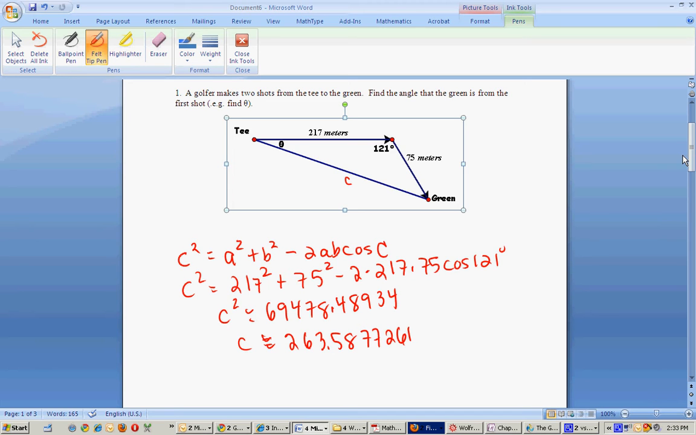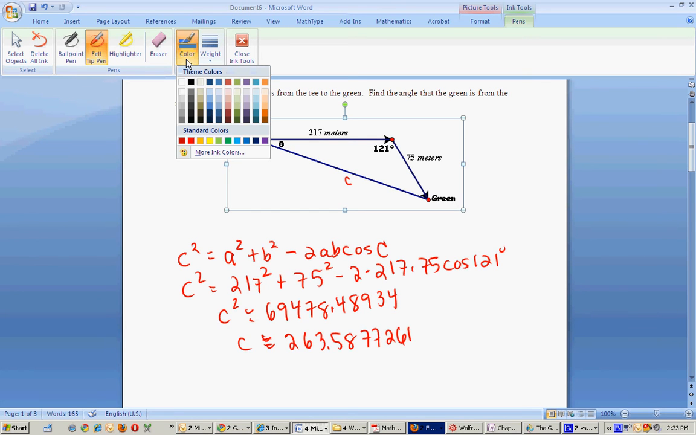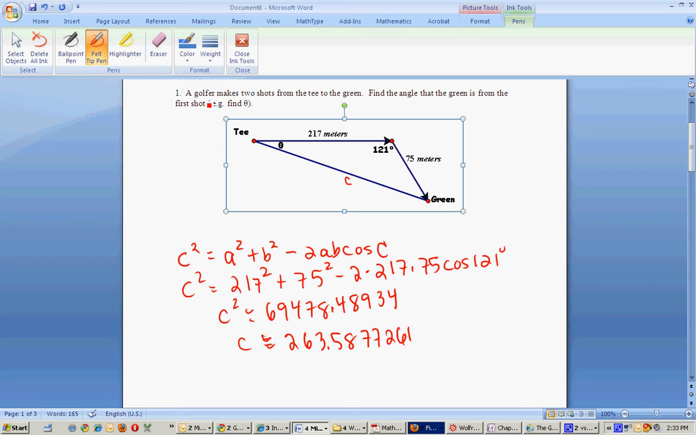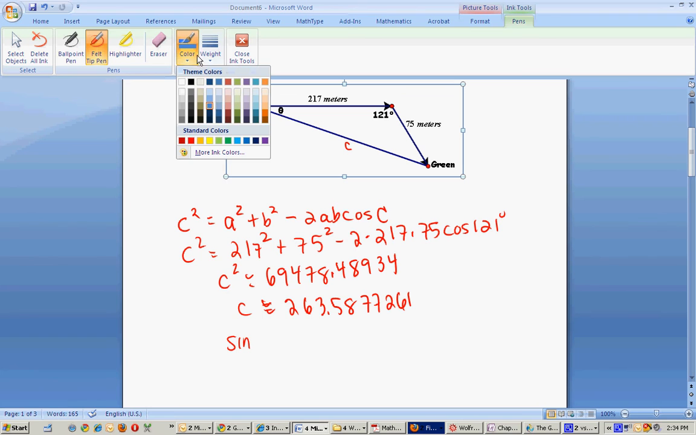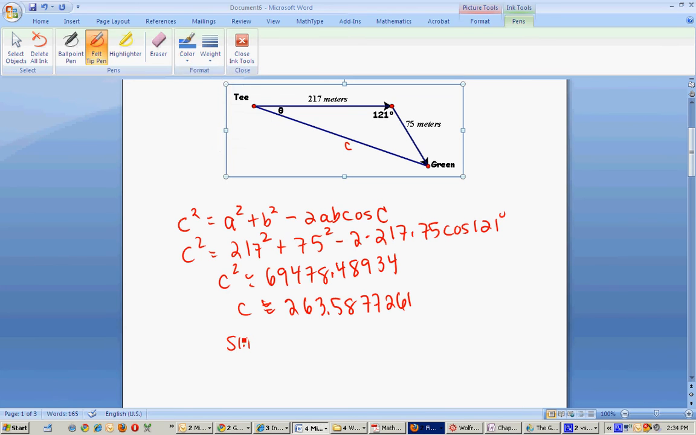Now, in order to find theta up here, what might help is that now I do have an angle and the side across from it, so I can use the law of sines. So what I can now do is say that the sine of 121 degrees over this big long number c is equal to the sine of theta